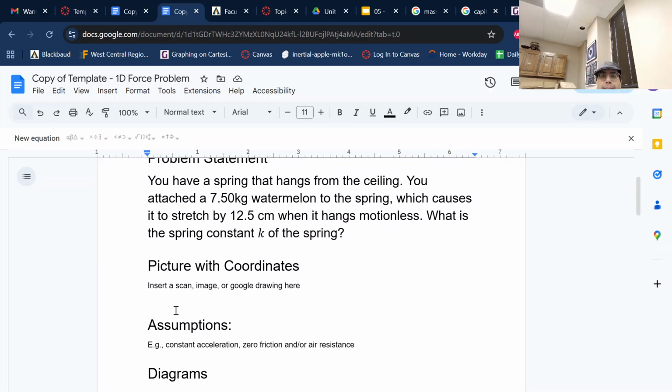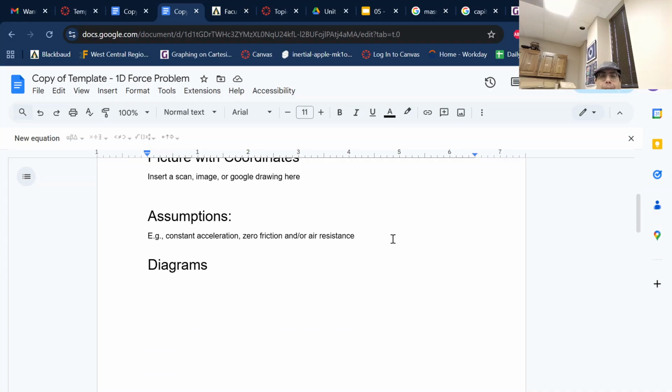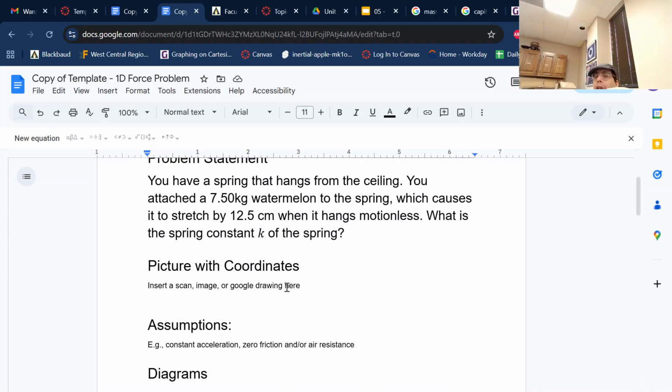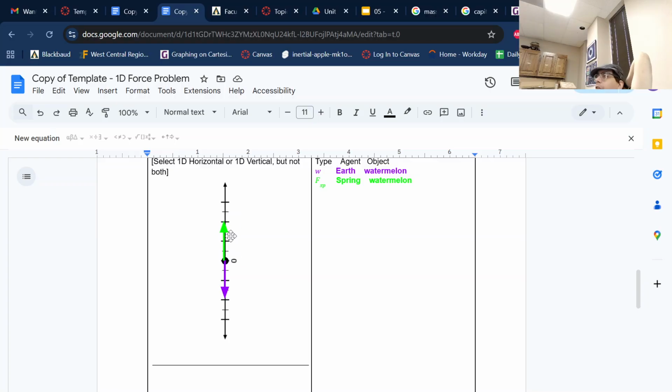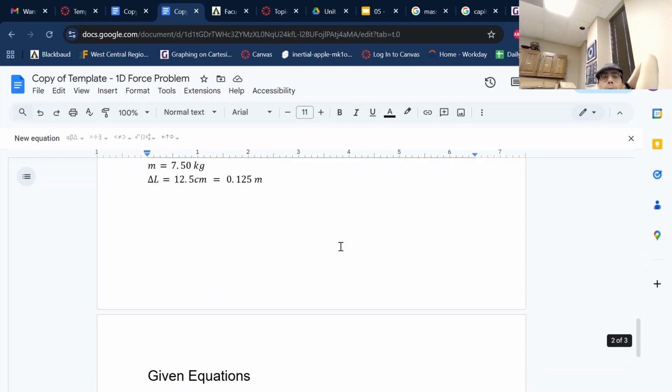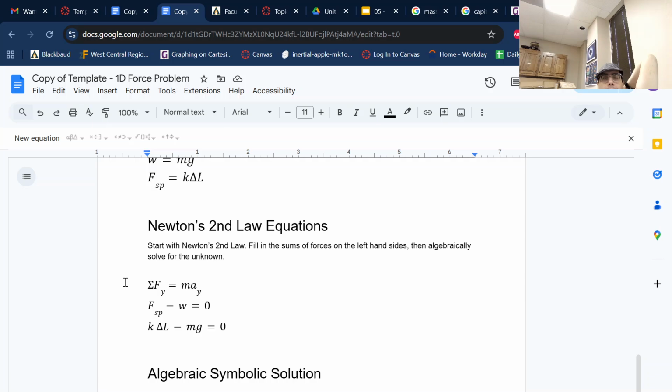My picture got deleted. I say that in a passive voice way, so I don't have to admit fault. But at that point, the only two forces acting on the watermelon are weight pulling it downward and spring force pulling it upward. So when we look at our equation of motion, our Newton's second law, we have spring force pointing upward, weight pointing downward,